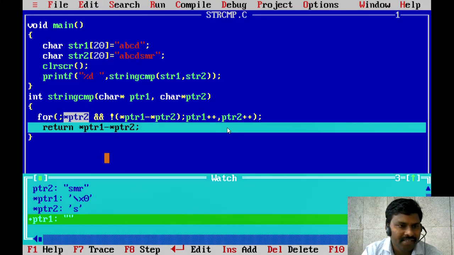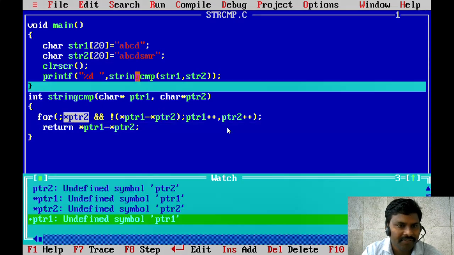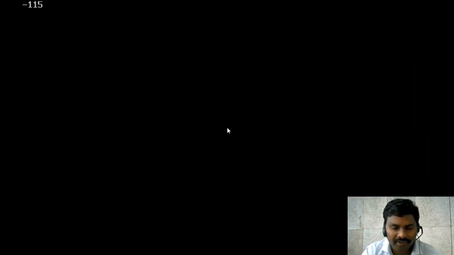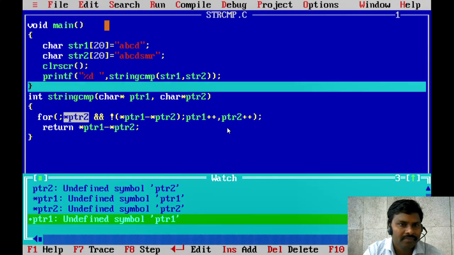Here ptr1 is null, but ptr2 is s. This difference is 115. That return value is replaced here, 115. 0 minus 115, minus 115. Okay. So this is